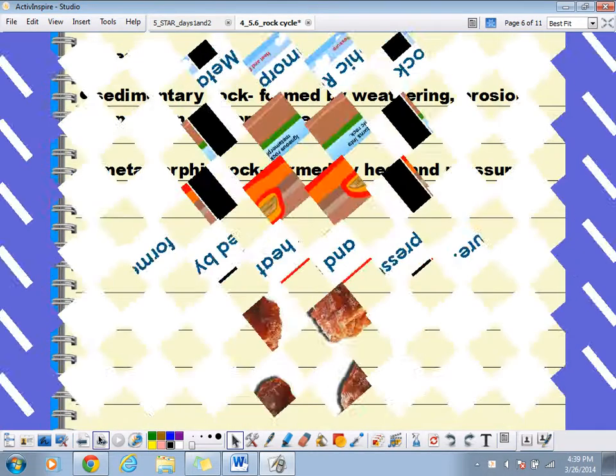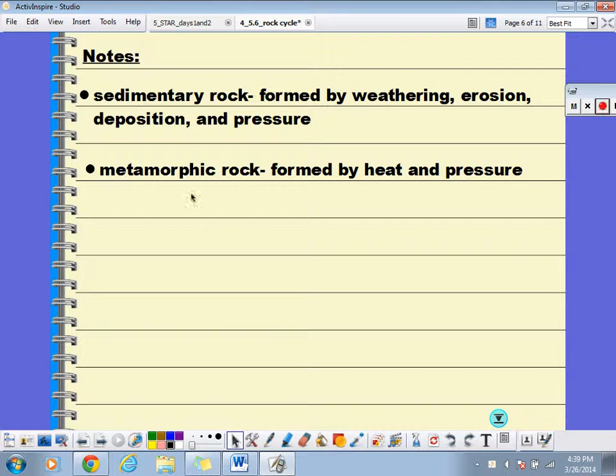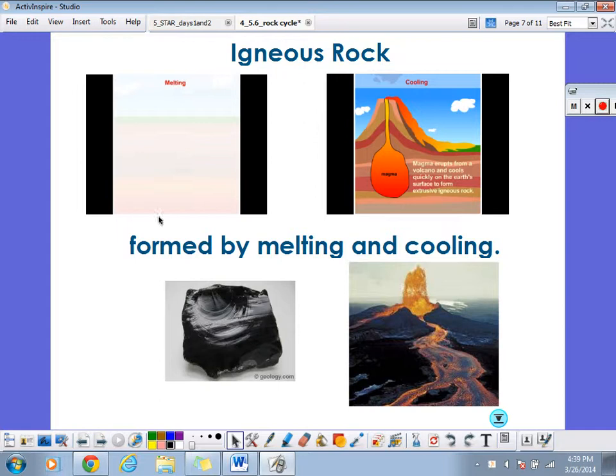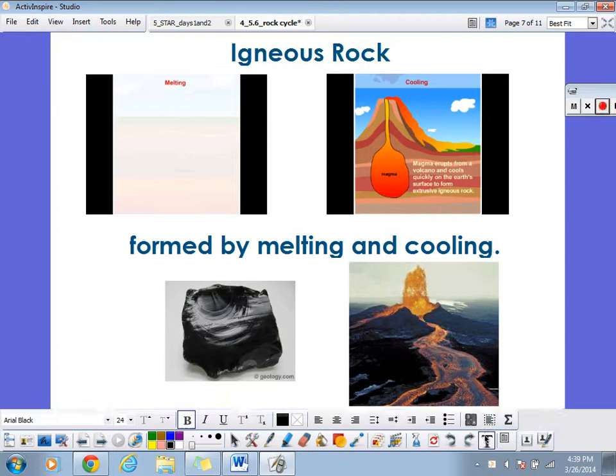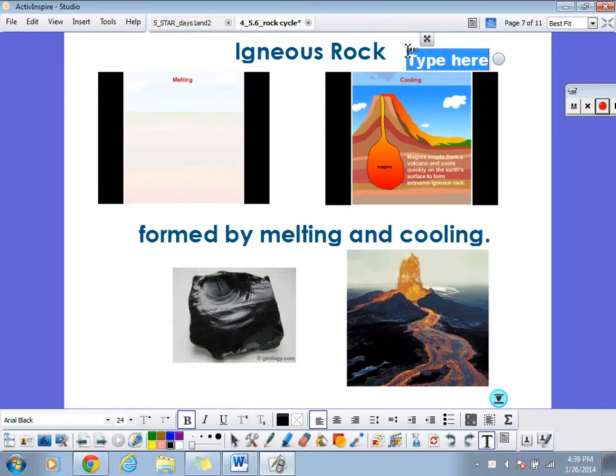So let's make sure that we write that down so we don't forget. Metamorphic rock is formed by heat and pressure. Pause the video if you need more time to write. And that brings us to our third type of rock. The third type of rock we have is igneous rock. These are really cool. Another word for igneous rock is, you can call them sometimes lava rock,